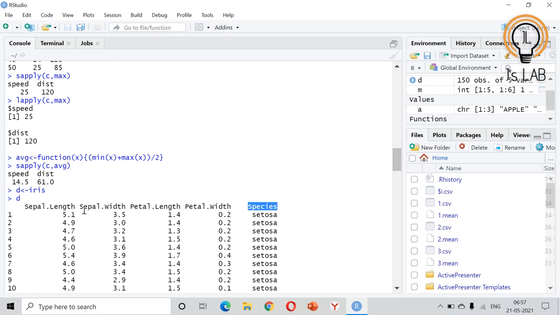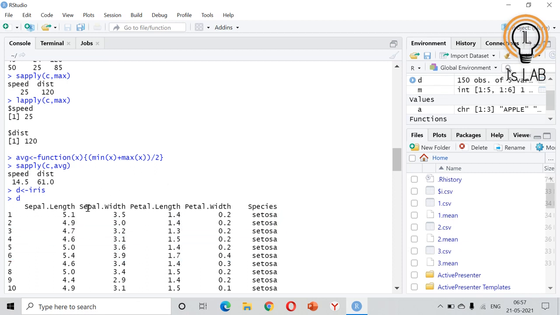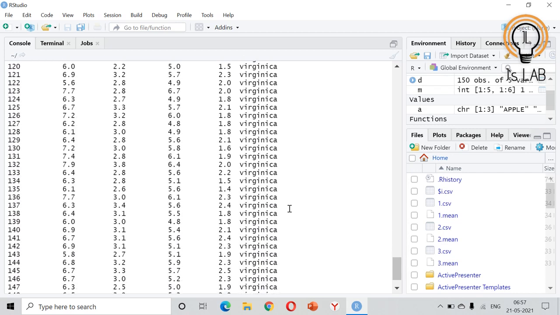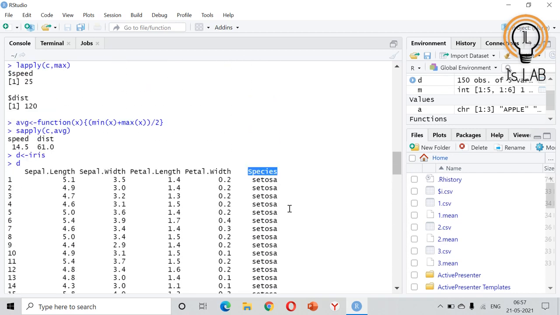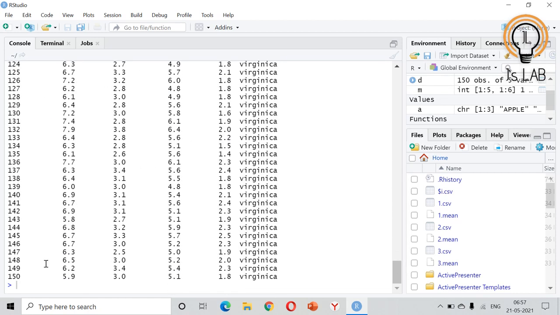So I need to find the median of sepal width for each species and display it. There are Setosa, versicolor and Virginica. For each species, what is the sepal width? That is what we are going to find. For that, we will apply tapply.